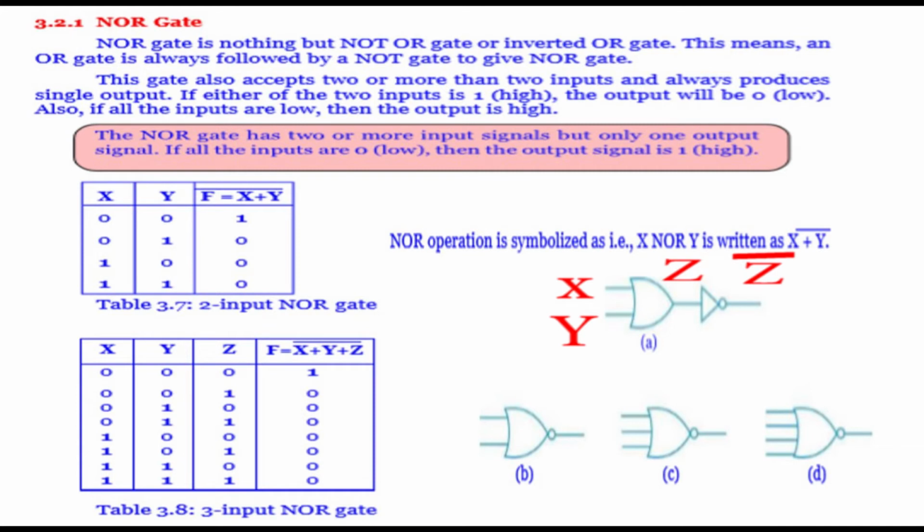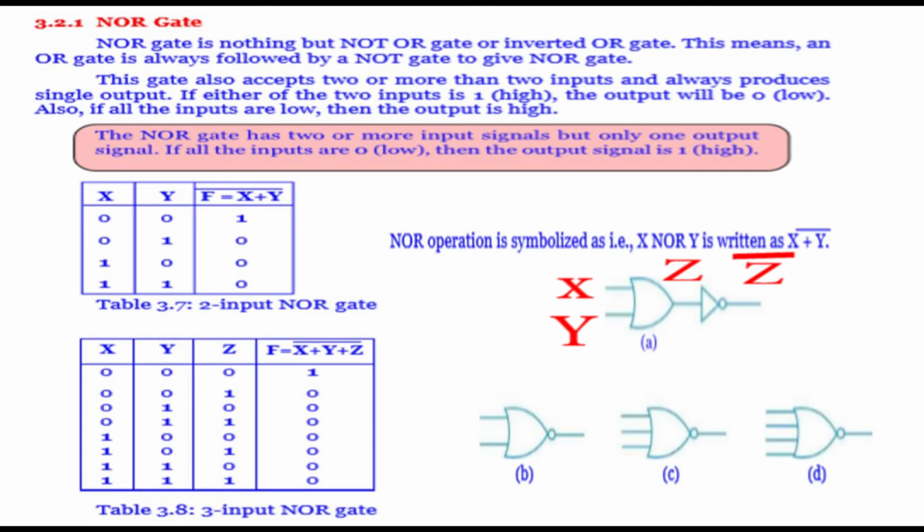NOR gate. The NOR gate is a combination of NOT and OR. But the OR comes first. Even though we commonly say NOR, it may be called ORN. That means OR plus NOT. First we will take OR, then the NOT. You can see on the screen. First there is OR, X and Y are given to the OR gate, then we will get one result, and that result will be given to the NOT gate, and then we will get the complement of the given input.